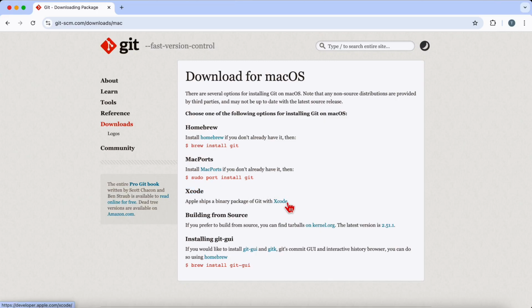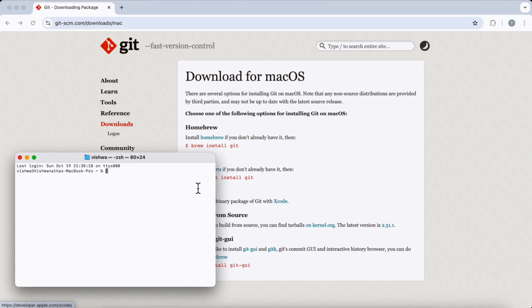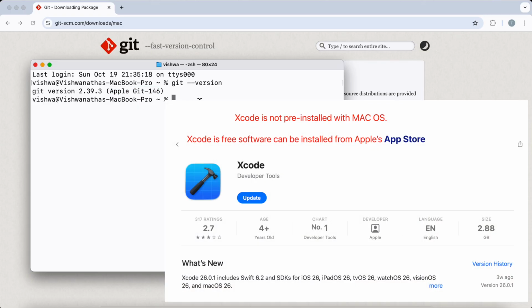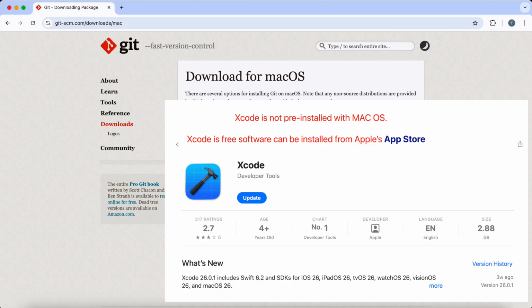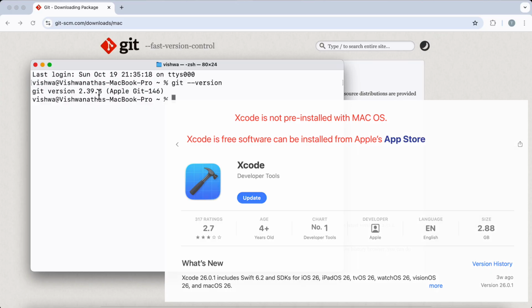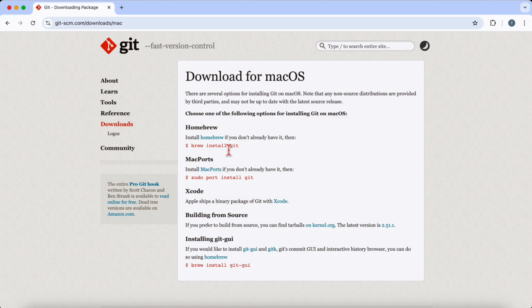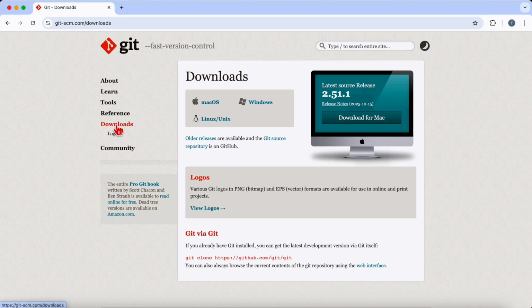Now, since I am using Mac here, if I open the terminal and check git --version, you can see it is showing Apple Git. It means Git has already been installed automatically on the Mac along with Xcode. But we will try to install Git separately because this version can be a little bit older. If you see here 2.39.3, but the current Git version right now, if you go here for the Mac, is